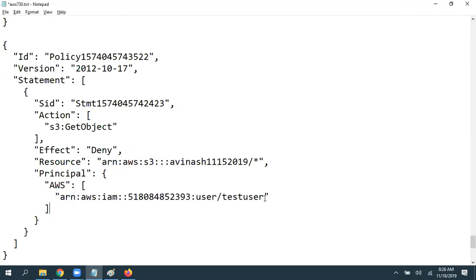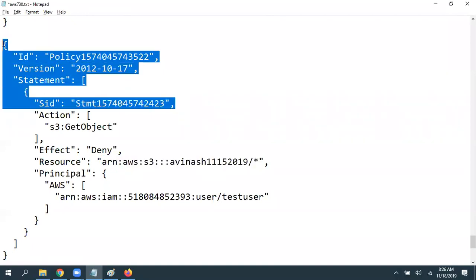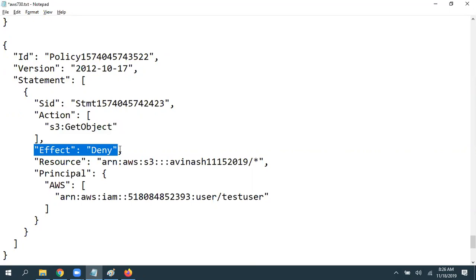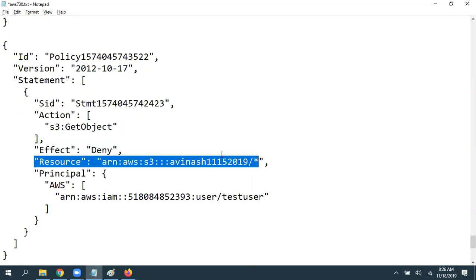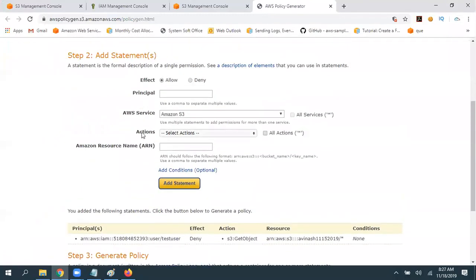So in simple terms, for this IAM user, you are denying the ability to perform this operation on this particular resource. Remaining these SID, version, statement, no issues. Really no need to worry about that. But only this action, first thing, effect, allow or deny. Third thing, on what resource you are allowing or denying. So you must take care about these four things.